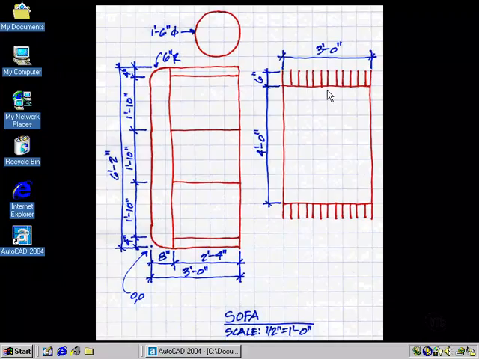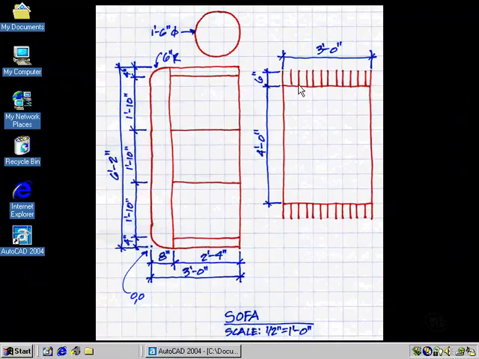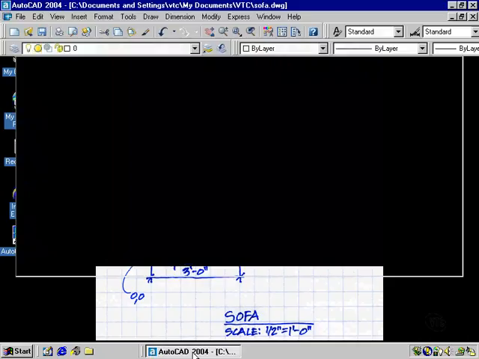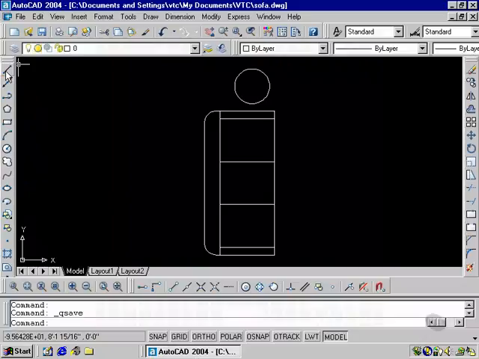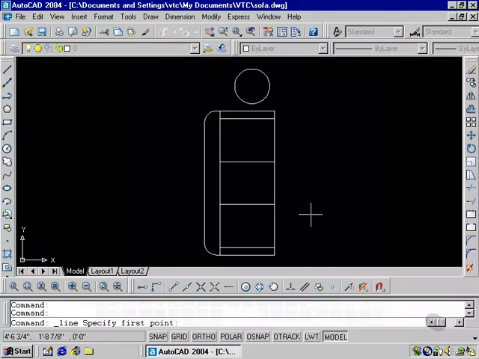You can go ahead and place fringes or do anything you'd like so that you can continue practicing some of the commands that we have covered. But I'm going to go ahead and draw it exactly as I have it sketched so that you can see how I do this. I'm going to maximize AutoCAD. I'm going to draw lines again. I'm going to begin here,